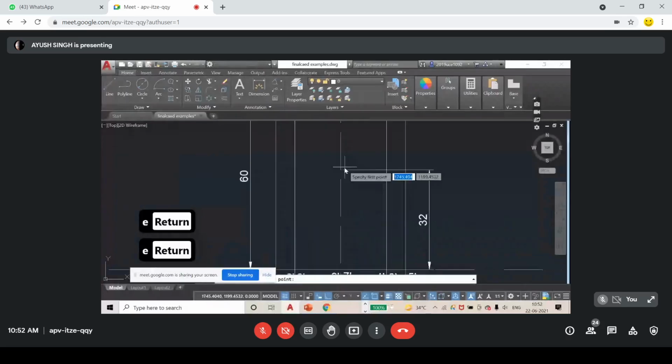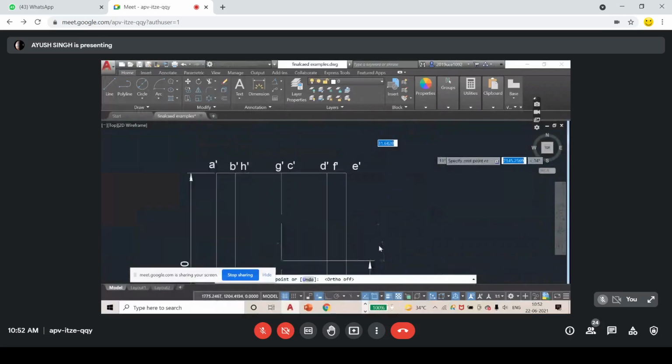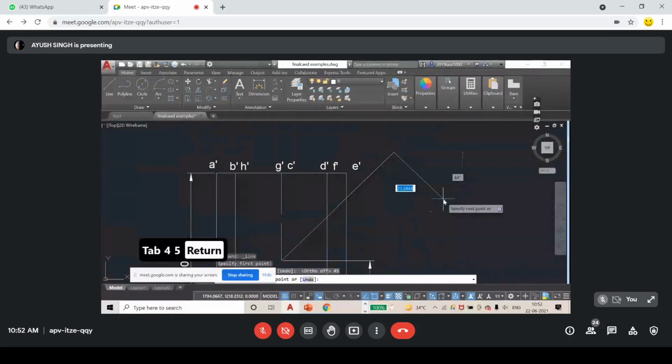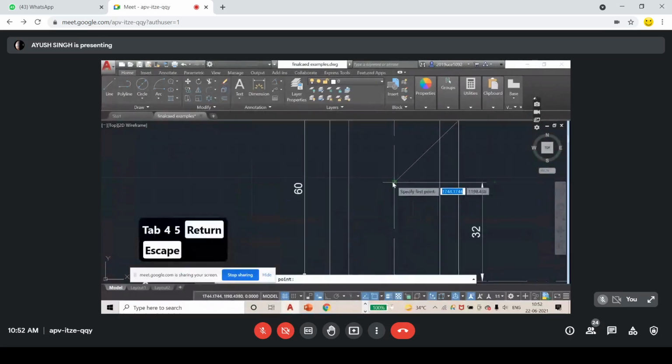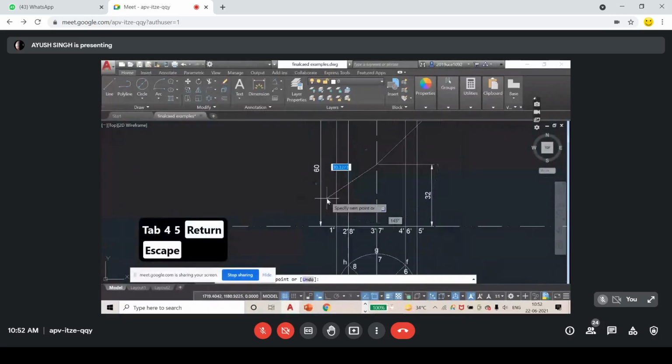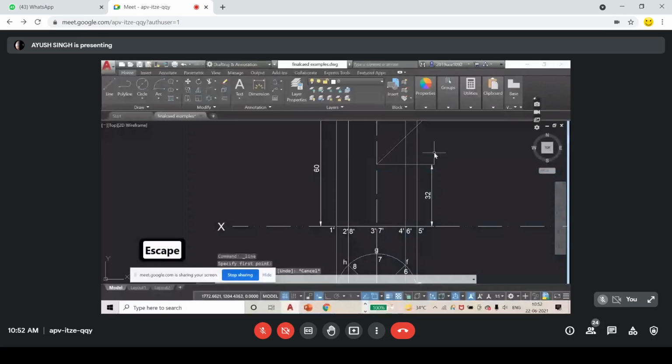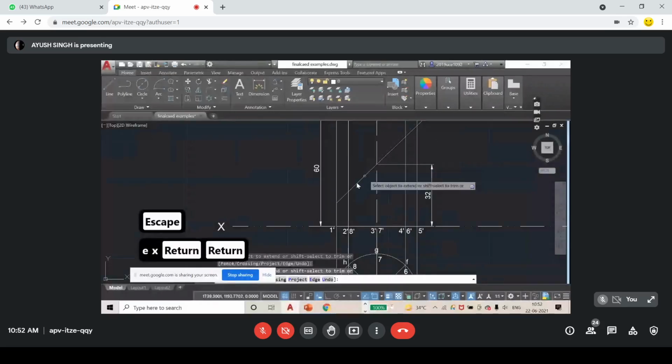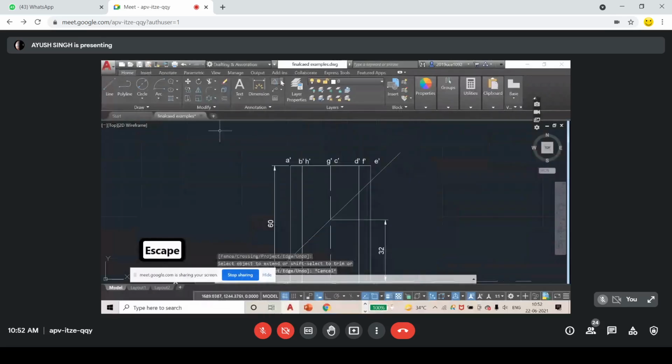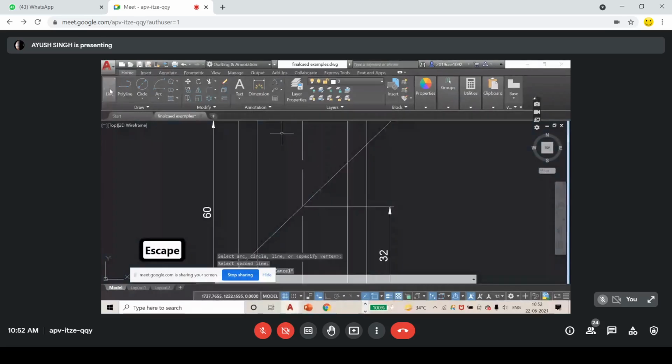What I simply do is create two lines of some length at an angle of 45 degree. This is simpler. I create similarly here, or I can extend it. EX, enter, enter, just extend it till it meets the X value. Now this is okay. That's why you have to verify your dimensions multiple times. Now it's fine at 45.